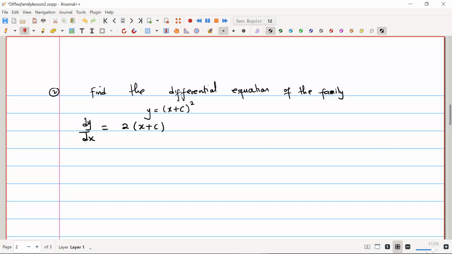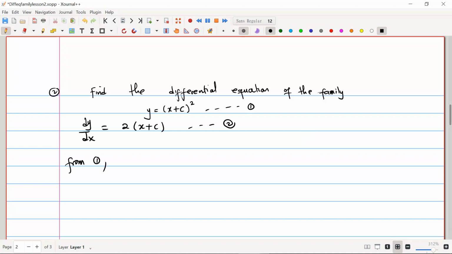Having these two equations, what we can do is manipulate them and get c out of it. Both of these two equations contain c, so we need to do something to take c out of it. Now what we can do is, from 1,